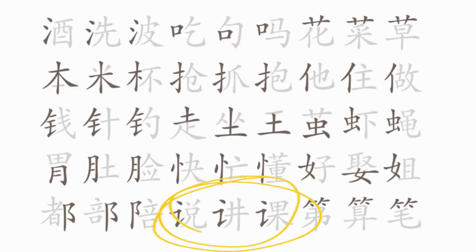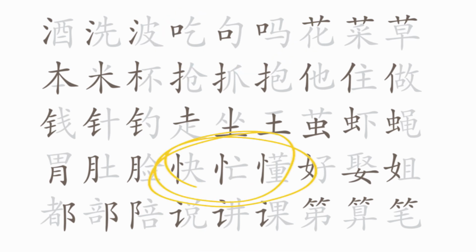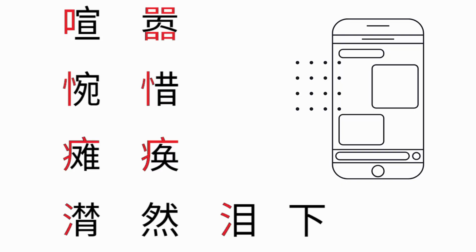So the radicals are components that we often see in the Chinese character. 木字旁, 言字旁, 口字旁, 竖心旁, 提手旁. It gives us a clue to what the word could possibly mean. Let's figure out what these 4 have to do with. 喧嚣. We can see the radical 口, 口字旁, so it has something to do with sound and its actual meaning